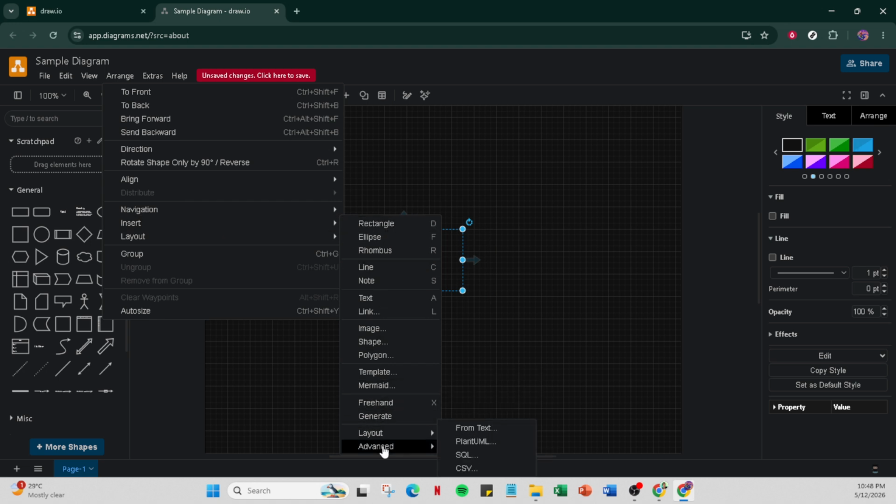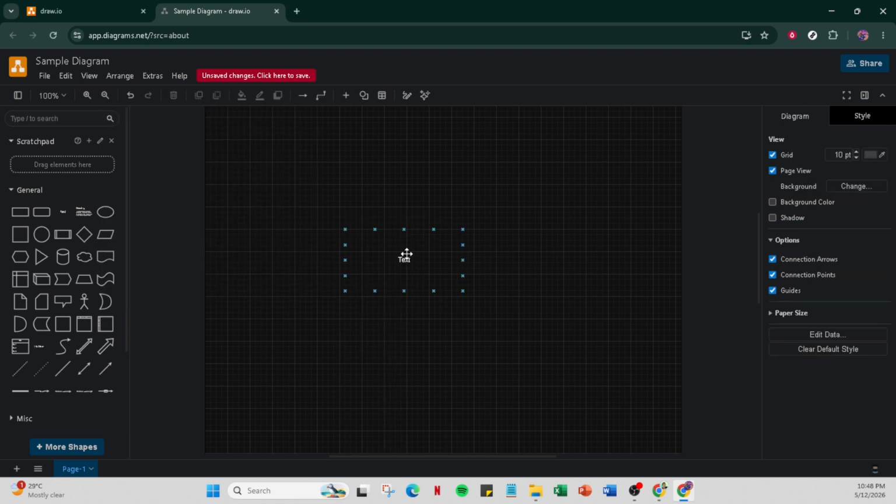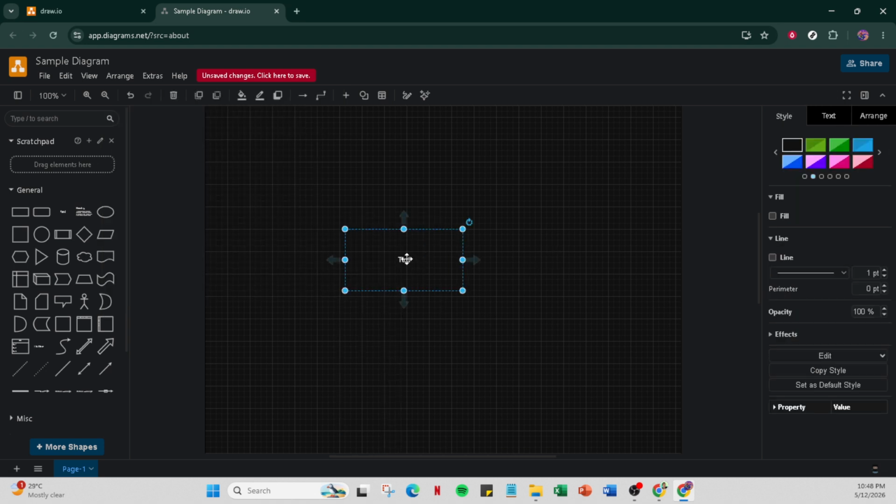After you've inserted or styled your code, apply a highlight to make it stand out. In the text formatting options, toggle the highlight to add emphasis without overwhelming the page. This is especially helpful when you want reviewers to focus on a particular block or when your diagram has dense